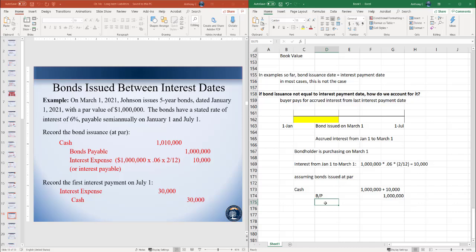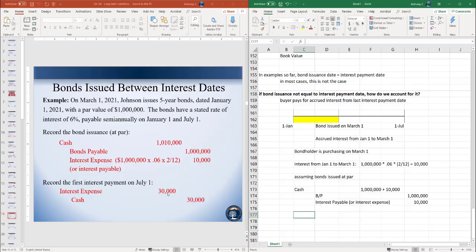For the interest payment, you could credit interest payable, or you could credit interest expense. All right, it's really up to you. But notice by crediting interest expense, we're actually lowering our interest expense. And if you credit interest expense, if you don't really understand what that journal entry is saying,